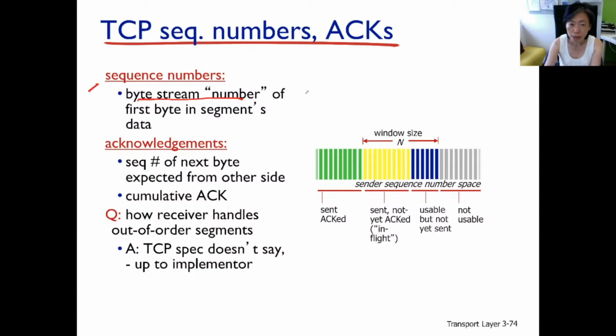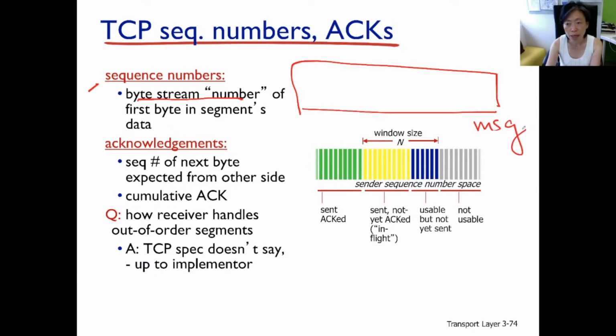Let me explain. This is the original message, which can be really large, generated by the application layer process. As it's pretty long, each byte can be indicated in sequence by a byte stream number. So this is byte 0, byte 1, byte 2, byte 3, byte 4, and so on and so forth. These serial numbers are the byte stream numbers.